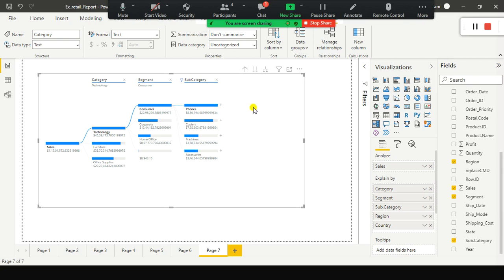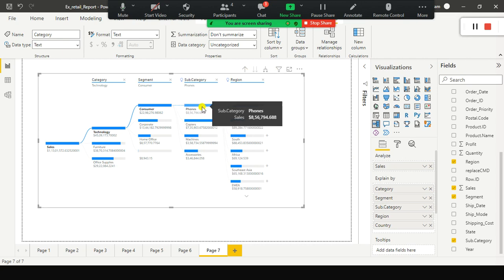In this, again, if you want to see within the phones the high value, and which region contributes more to the phones revenue. If you look here, the central region is more than 1 million, right? So it's kind of 1 lakh 196k, and here 89k, and here 88k. So in the central region we are selling more on phones, in the consumer segment that falls under technology.